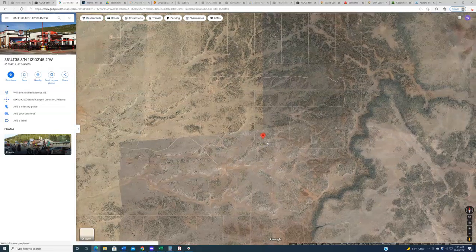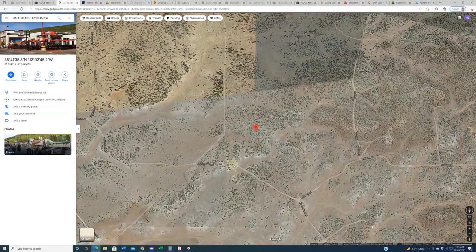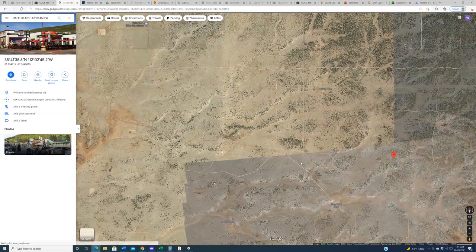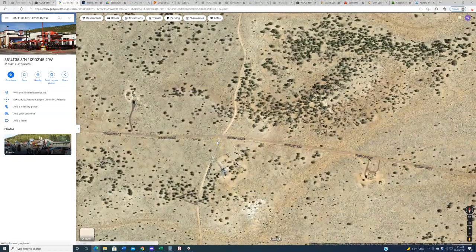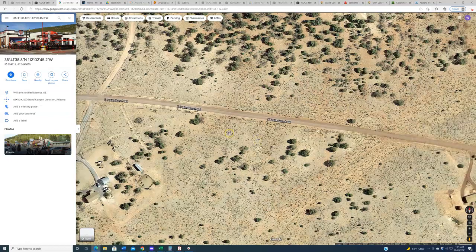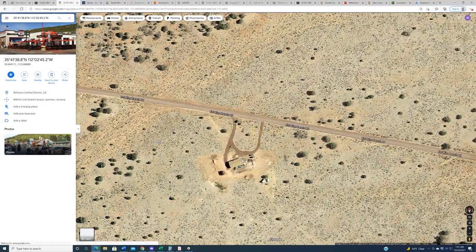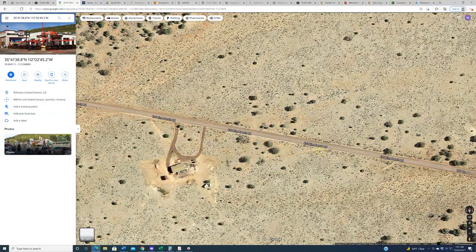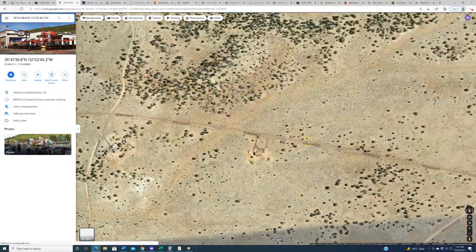Now, a quick thing that I want to point out: no utilities at the road right here. Nearest utilities end, I believe, about 2 miles west of that. If I zoom in on the map, you can kind of see them over here. Here's the utility easement right here, and this is the house where it ends. So you can see 1, 2, 3,